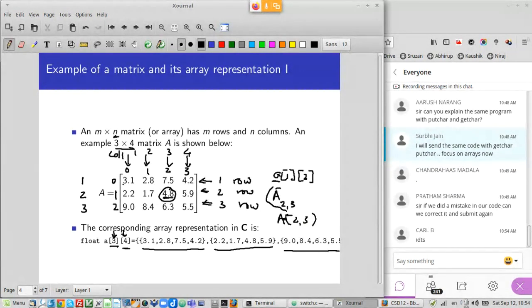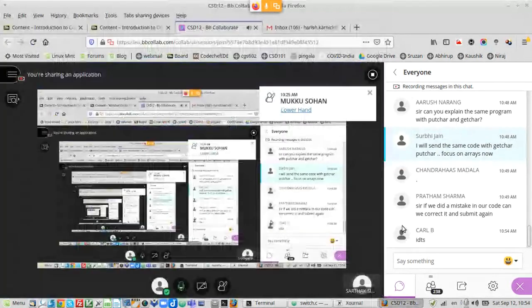This is matrix notation, which is used in mathematics. When you go into programming, normally you will have small letters representing arrays, and numbering starting from 0 instead of 1. Remember that.